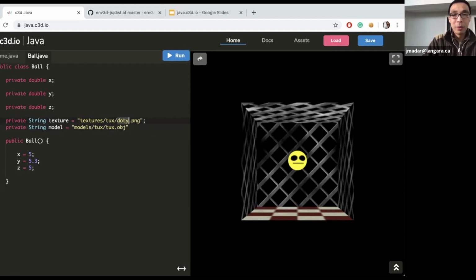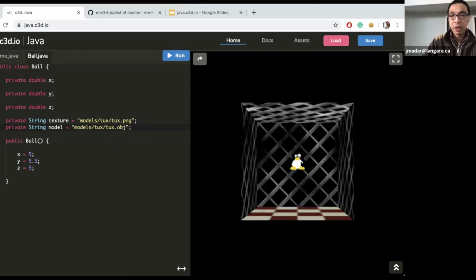You're probably wondering, well, where do you find all these images and models and things like that? Well, I'll show you this first, and then I'll point you to the proper place where we can find it. Oh, sorry, typed it wrong. They are in here. So as you can see, now we have a little penguin. So there is this other field called model, which if you point to an object file, an OBJ file, it would actually put in the geometry of whatever you can create using a 3D